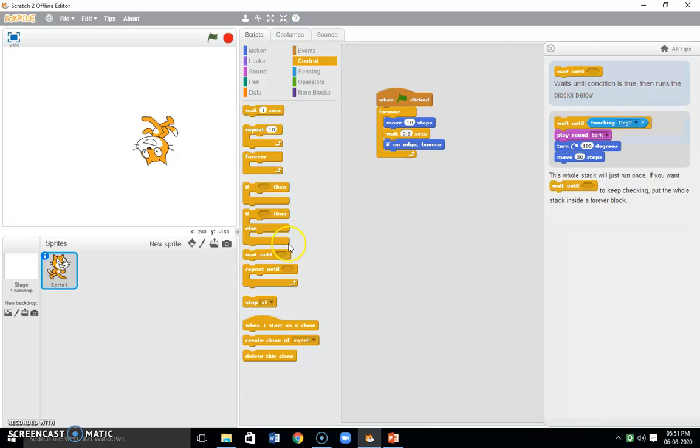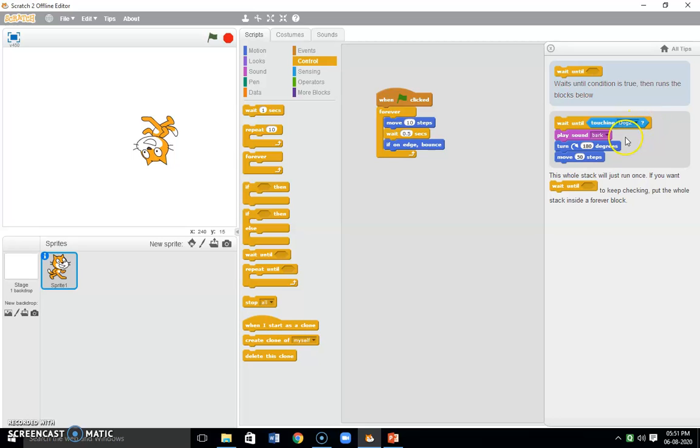Okay, next. Waits until condition is true, then runs the blocks below. This sensing block we are going to discuss in the next video, so you will get an idea what these blue color blocks are. Wait until touching dog 2. For example, some other sprite is also there.